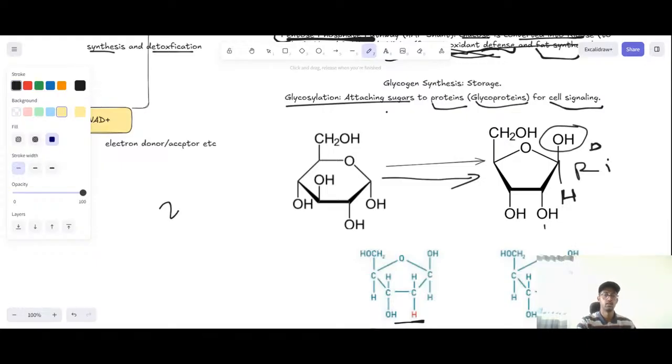ሊቨር ላይ ከሆነ ALT and AST. ሶ pharmacologic importance: enzymes as drug targets. So how do many drugs work through enzyme inhibition? Competitive inhibition: the drug competes with the substrate for the active site. Statins inhibit HMG CoA reductase to lower blood cholesterol. Actually, this is not acetyl CoA; statins lower blood cholesterol by inhibiting HMG CoA reductase.